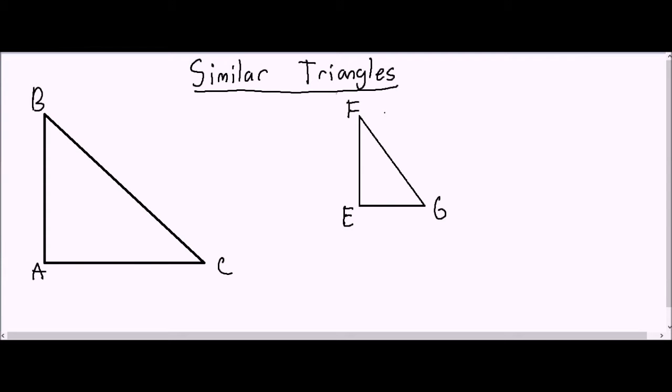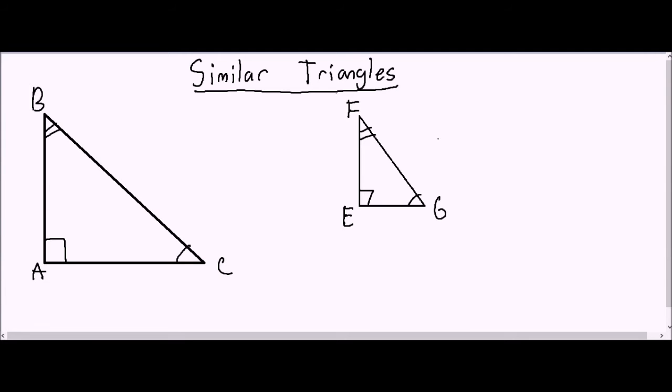Similar triangles. Now, when two triangles are similar, like these two right here, it means that while they may have the same angles, A and E have the same angle, C and G have the same angle, even B and F have the same angle. While they have the same angle measures, they may not have the same side lengths. As you can see, triangle EFG is clearly smaller than